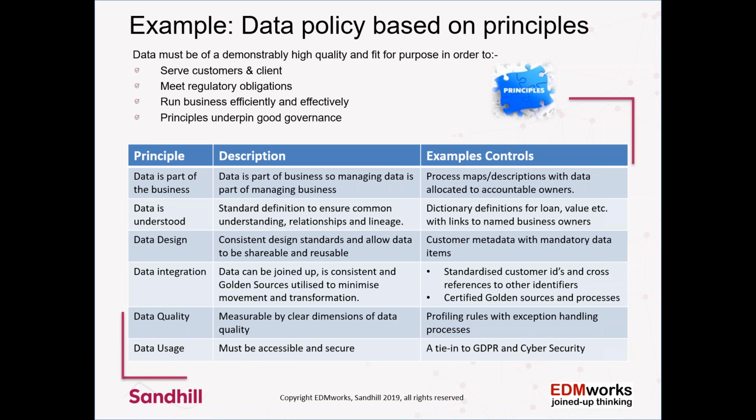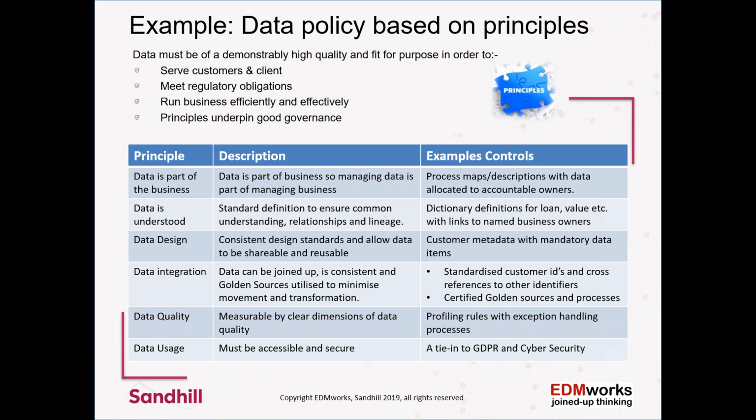So what would we expect to do? We're now in a situation where we are live with our governance program. We've done the first implementation. We've had some reviews of where we've got to. One of the things that we would have expected from the executive is some sort of data management policy that would have gone out, and as a result of that we will also have put out various standards about data, and these are examples of controls. I'm just going to pick out a couple of these. The first one is one of the principles that would be in the policy: data is part of the business. So what that means is managing data is part of managing the business.